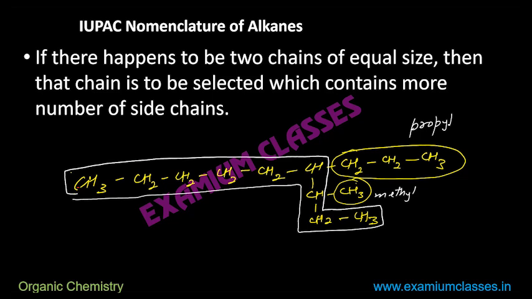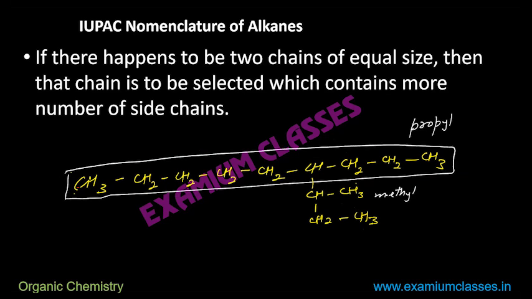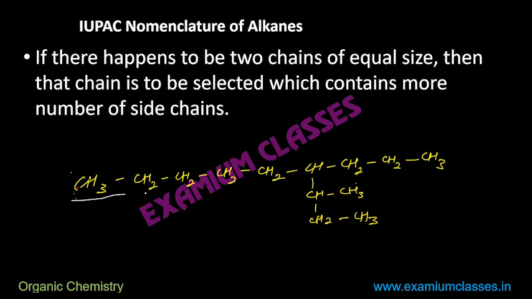But suppose I had considered this one as main chain, then there would have been only one branch. This is the only branch attached to main chain. So one branch versus 2 branches, 2 branches will win in that case. So the main chain will be this one,